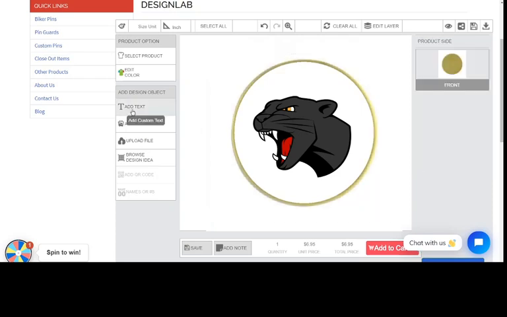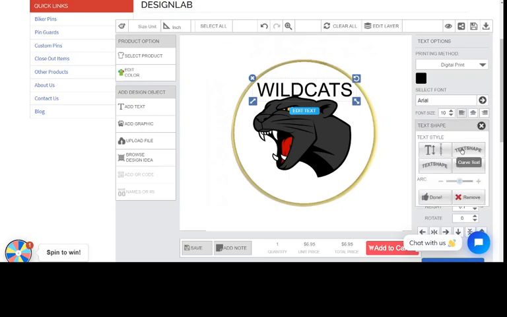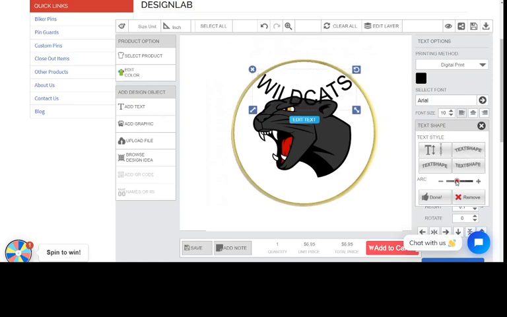So I'm going to add text. Let's say this is for a baseball team or something called the Wildcats. So I'm going to type in Wildcats. And I want to curve it around the top of this. So I type Wildcats, I move it up here, and I'm going to go to Text Shape, Curve Text, and here with this slider, I can change it until it curves the way I want it to, till it